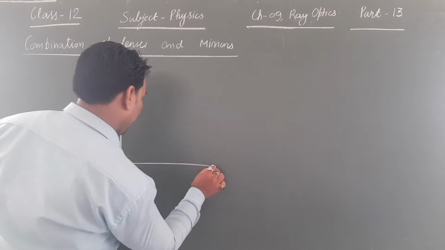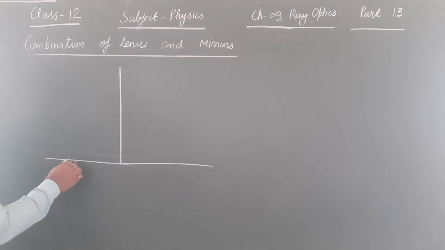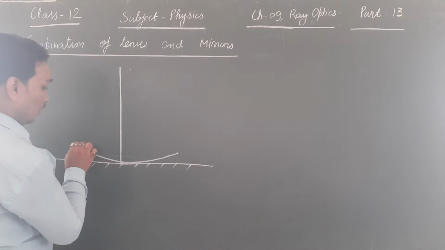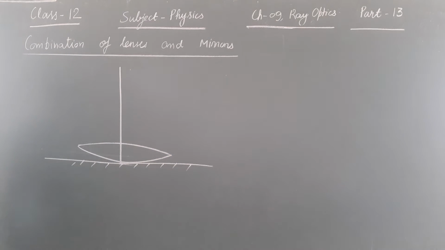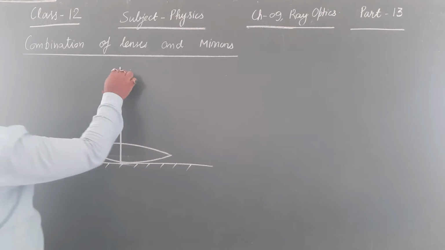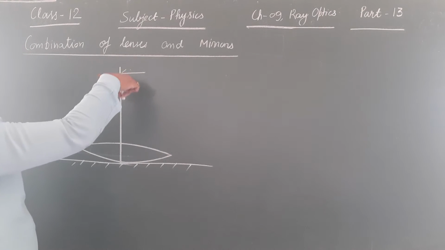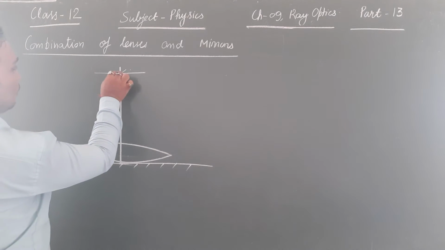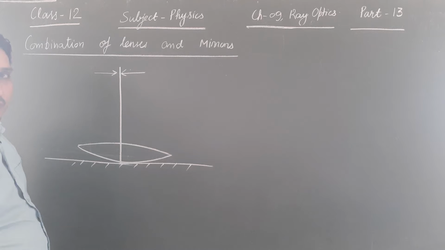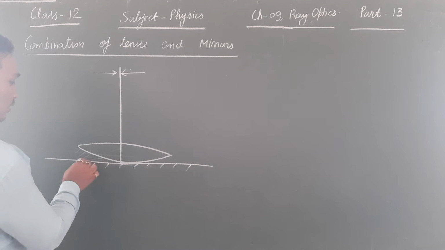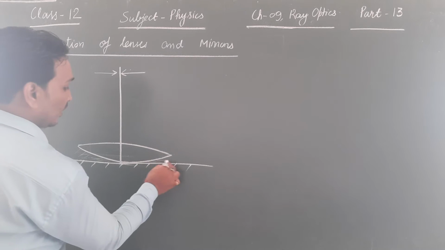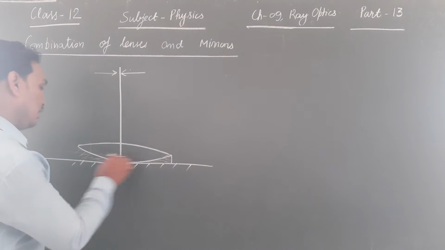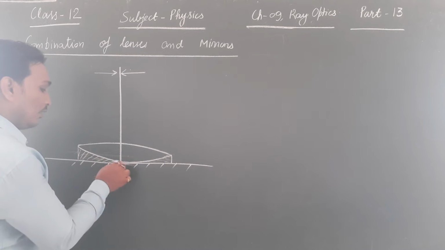One plane mirror, and for this plane mirror, one convex lens is placed like this. Now there is one pin which is moved towards this convex lens till the point its image is formed on itself only. The thing is, there is a liquid placed in the middle of the lens and the mirror, between the lens and the mirror.